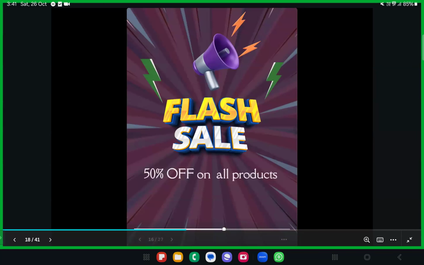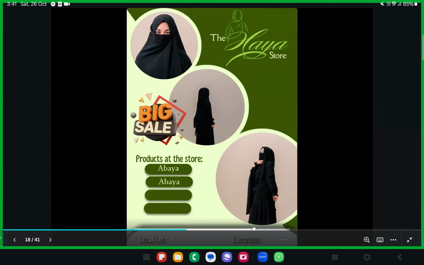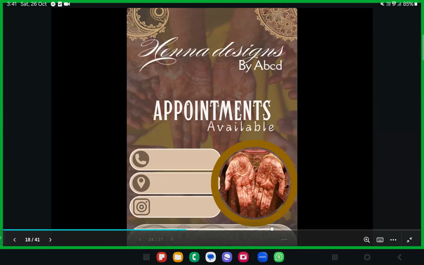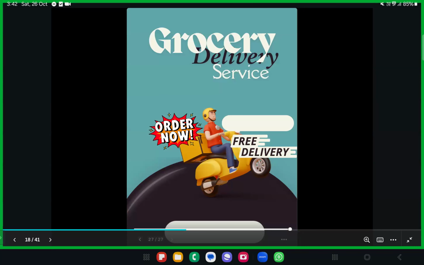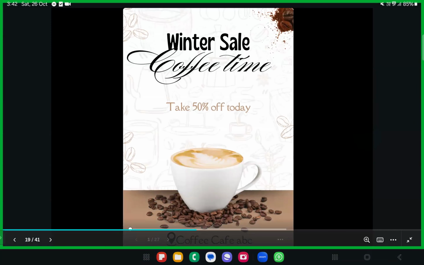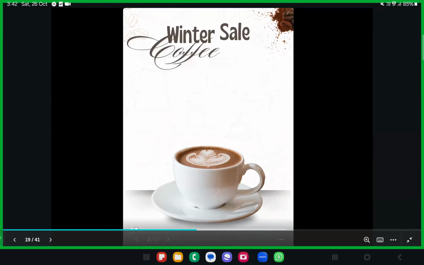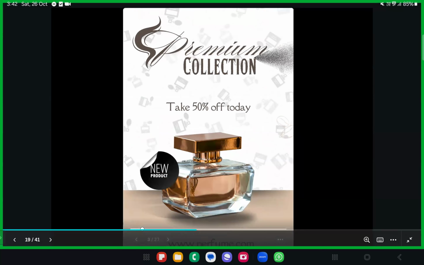We had created some background for the big sales, something like these, right? Yes, and also some of the multi product flyers like these, where you add multiple products, beautiful backgrounds and beautiful cutouts and more. So these were some of the things that we had created all together, right? Then we had seen how to create the same flyers into the animated format, right? So these were the animations that were created in yesterday's class. So animated ads. And also I taught you how to add the voiceovers to these flyers, so that you can just put the voiceover and post it as an ad on the social media, right?